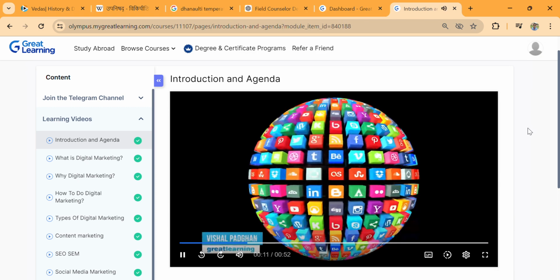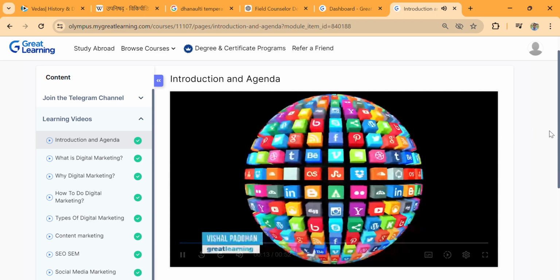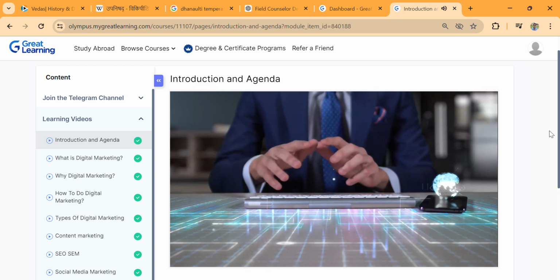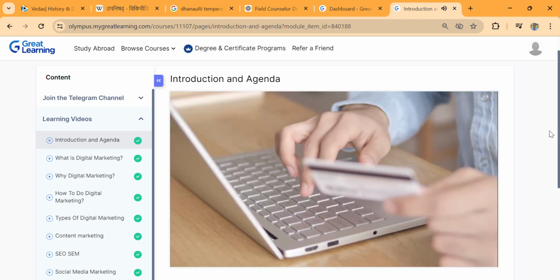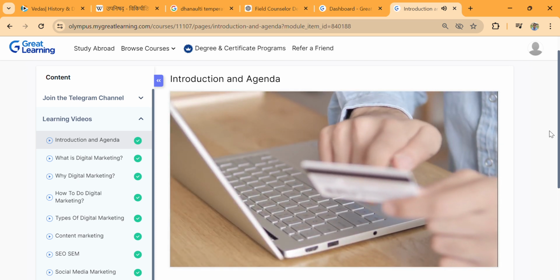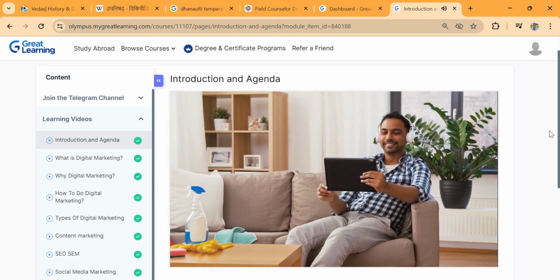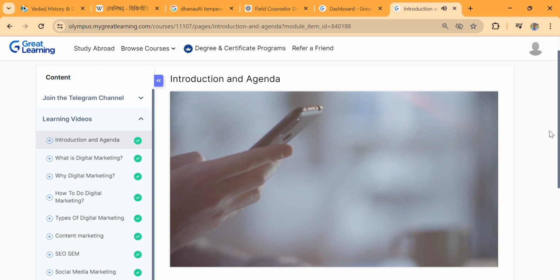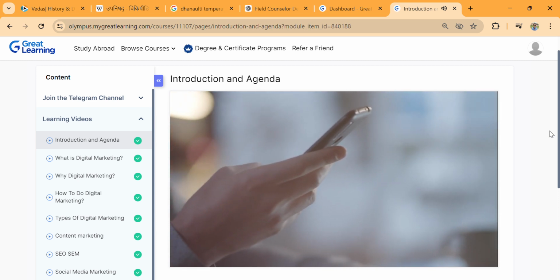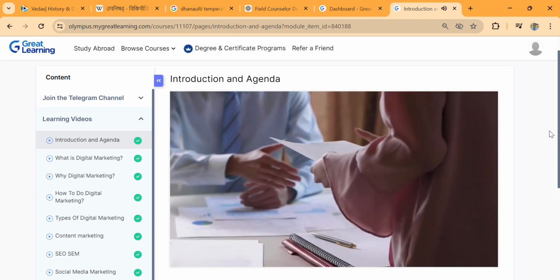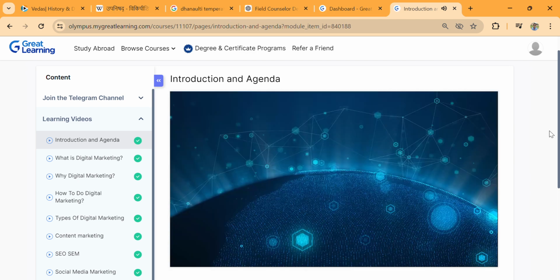We all have witnessed the evolution of technology. And with this evolving technology, we all have seen the ways of marketing evolving as well. One such type of marketing is digital marketing, which has come into prominence with the evolution of internet and its usage. We see many people wanting to use digital marketing to market their products, and at the same time, we see many people wanting to make a career in digital marketing.